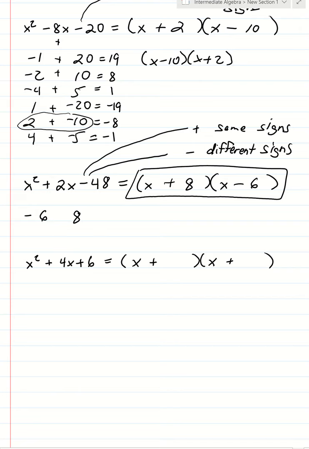Okay, now let's think about the number 6, the factors of 6. Once again, they have to be two positive numbers, so I only have two sets. I can either go with 1 and 6 or 2 and 3. But remember, they have to add up to 4 in the middle. Well, 1 and 6 is 7, 2 plus 3 is 5, neither one of these pairs add up to